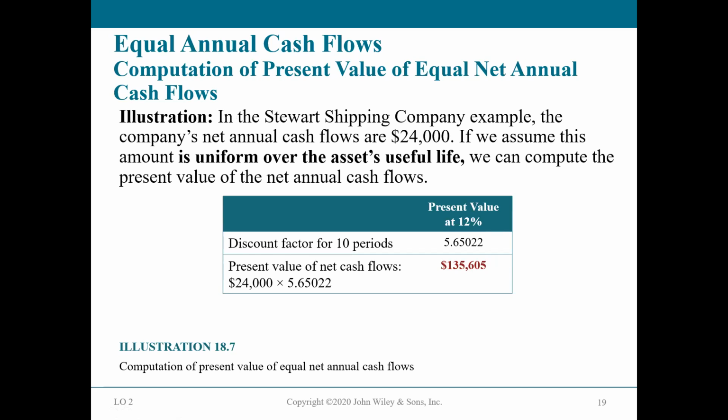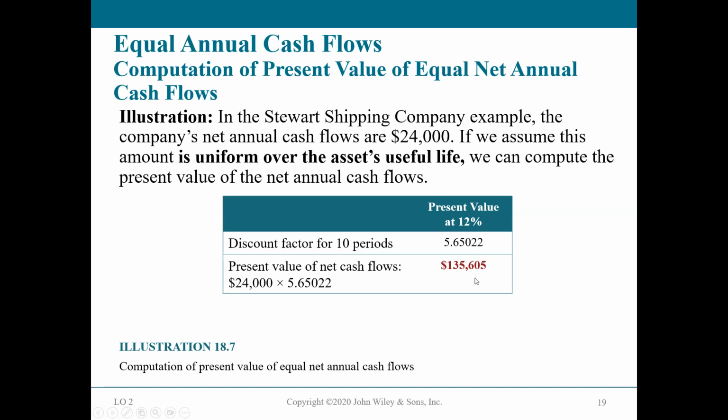In the Stewart Shipping Company example, the company's net annual cash flows were $24,000. If we assume this amount is uniform over the asset's useful life, which means it's equal per year, we can compute the present value of the net annual cash flows. So we look at the present value at 12% for 10 years. If we use our discount factor sheet, or a financial calculator, or Excel, you'll get the factor of 5.65. So you take the 24,000 times the present value factor of 5.65, which gives us a present value of the future cash flows of